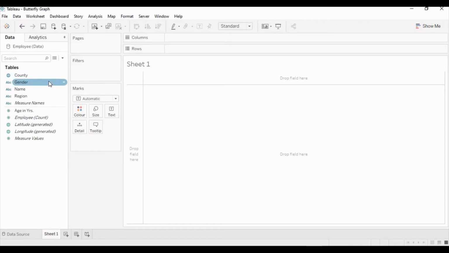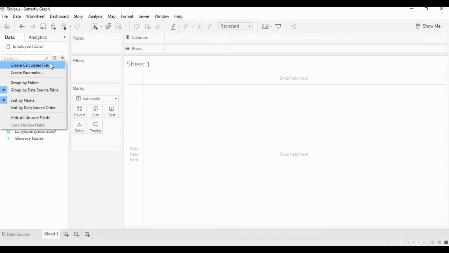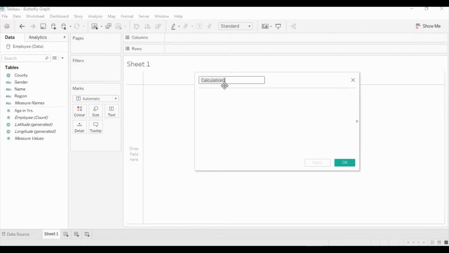As you can see in Sheet 1 we have these dimensions and these measures. Before creating the butterfly chart, first we need to create the count of male and female as separate measures. So now I'm going to create a calculated field. We can give the name as Male Count and put the formula: if gender is M, then take the gender, and then end.